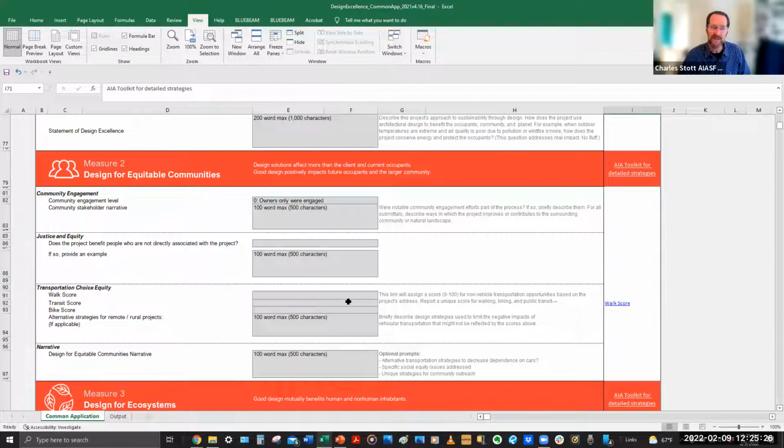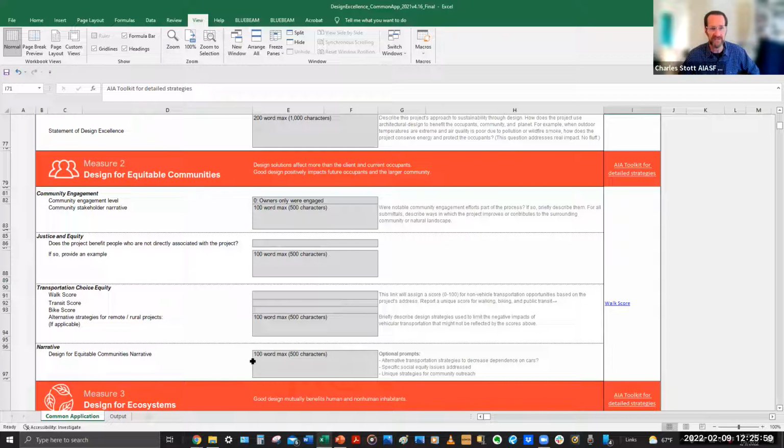And an example here for if you are not in an urban area and you don't get a high score on this, what were your considerations? If you're a single family home, do you have all electric vehicle charging at your place so that there's a better means of transportation than a gas guzzling car? So be creative with how you respond on these narratives and briefly just tell us where you're focused. That's what's important.